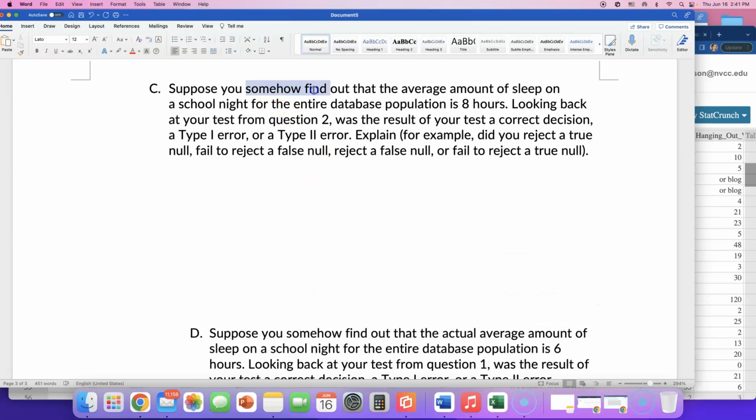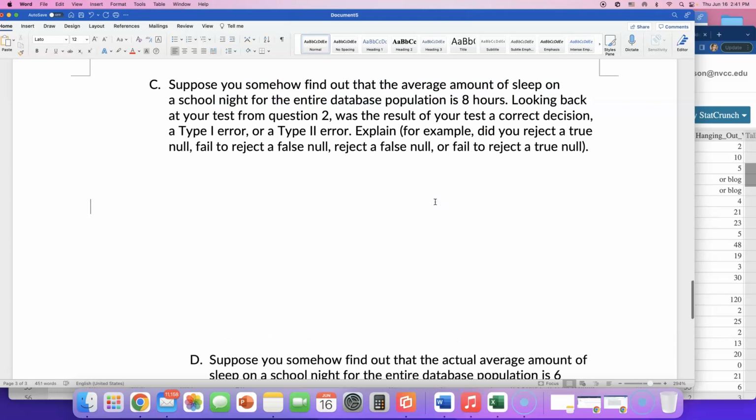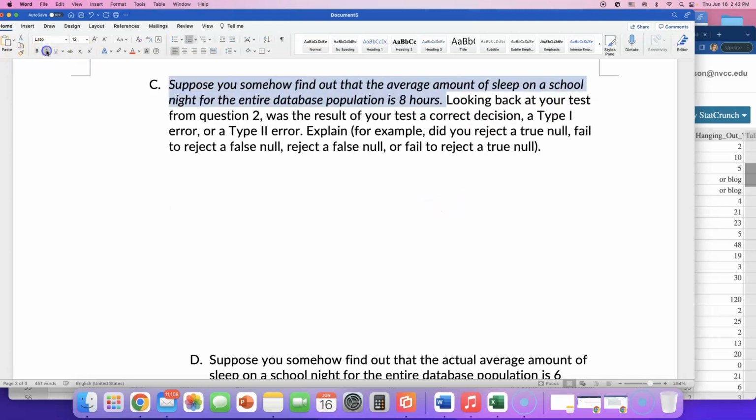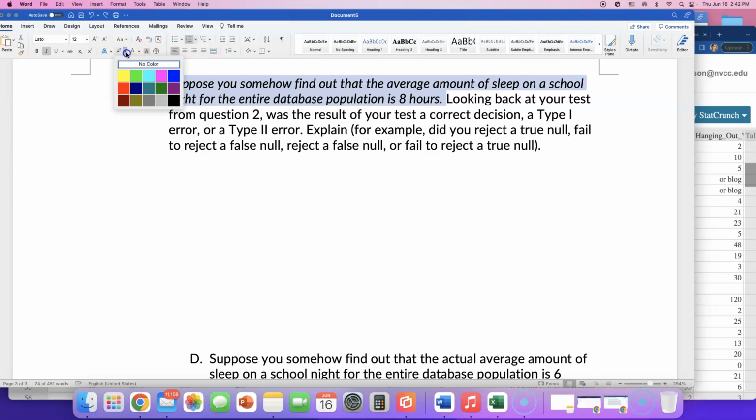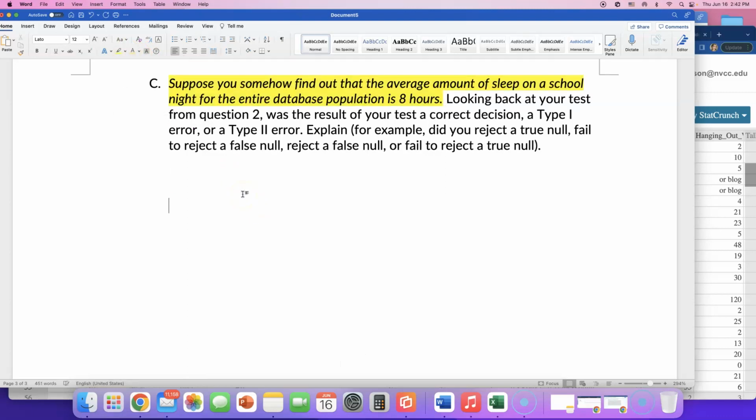Suppose you somehow found out that the average amount of sleep on a school night for the entire database population is 8 hours. Uh-oh. Because, Noel, I just found out that the null hypothesis was actually true. See, look at this part, you guys. I'm going to go ahead and highlight that part. Okay, that's not a highlighter. That part right there, in this case,